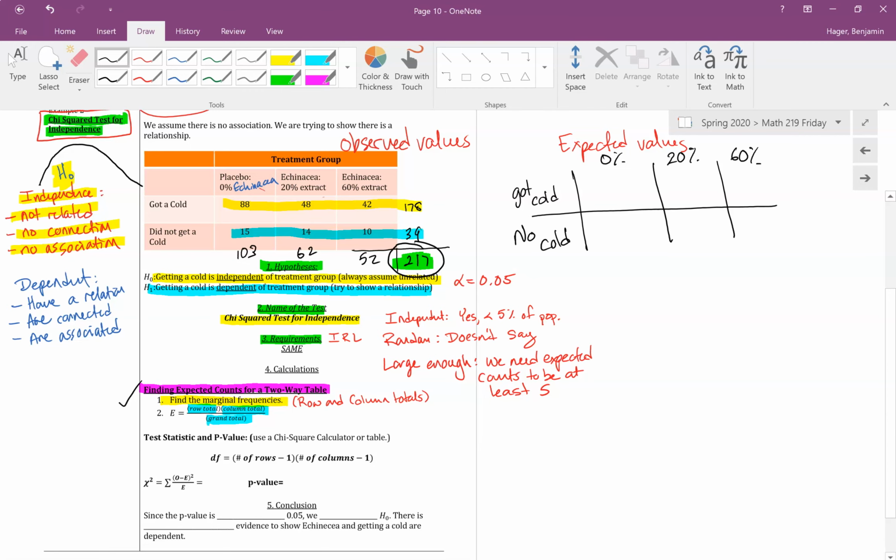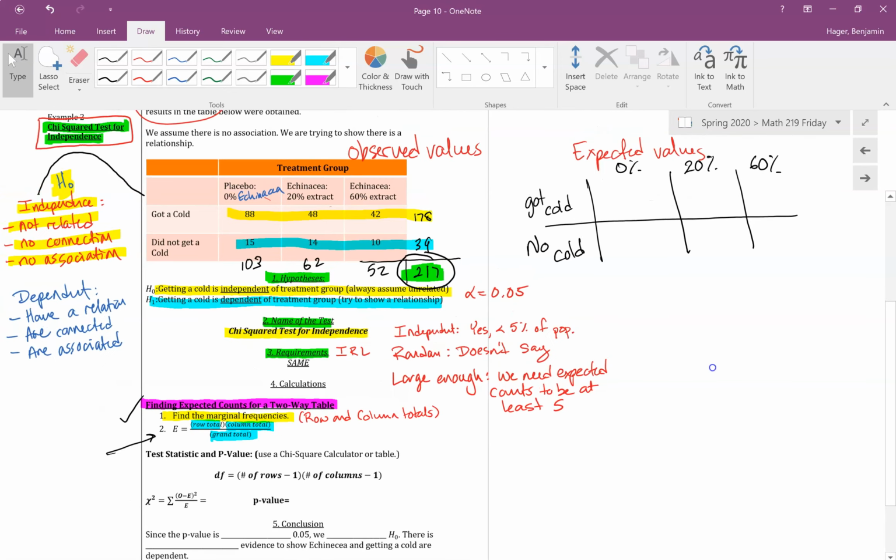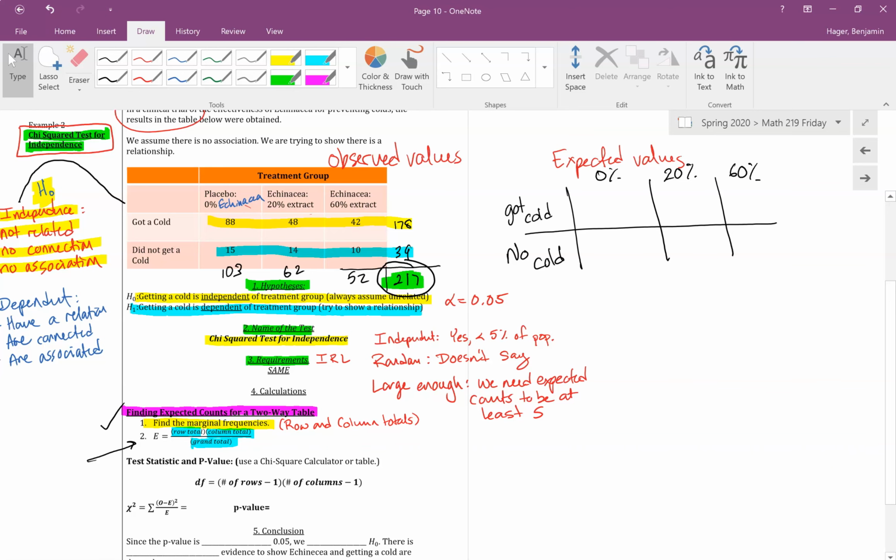So, all right, that's kind of the weird part. That's finding the marginal frequencies. What does each row and each column add up to, and what is the grand total? And now to find the expected value, I'm doing this right here. I'm taking the row total times the column total divided by the grand total. So if I want the expected value of this box,